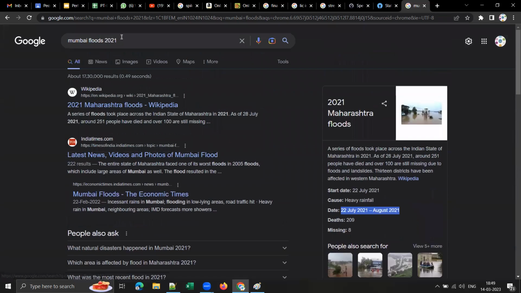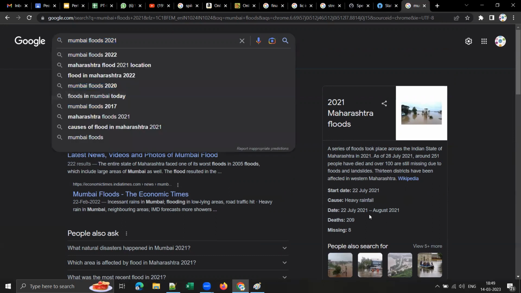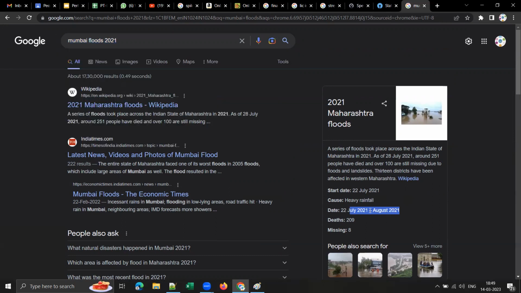Or in Japan, we have frequent earthquakes, isn't it? In the US, we have natural calamities like hurricanes. Because of the Mumbai floods, there will be a power outage for days together and normal life will be interrupted a lot.